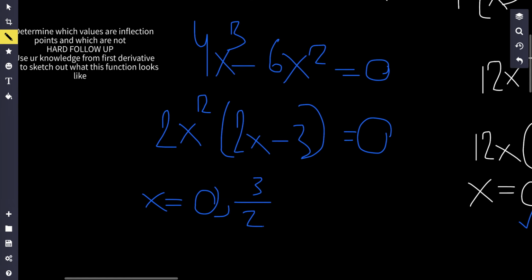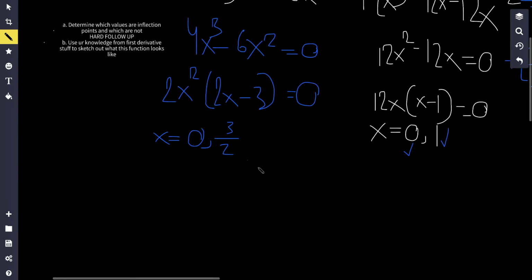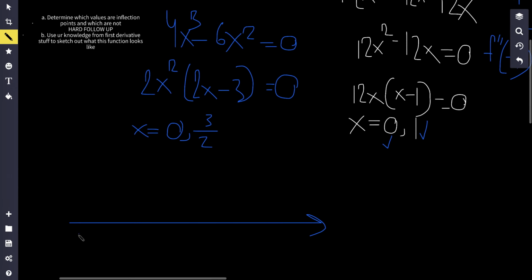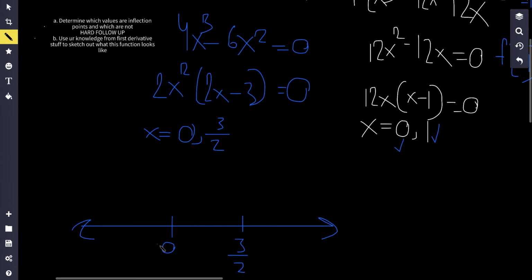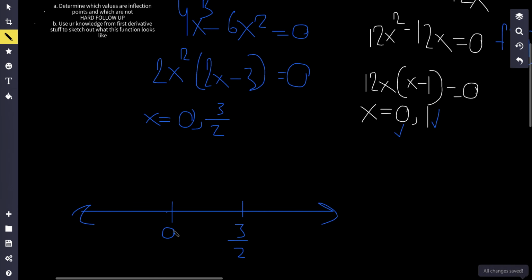Now, once again, we're going to test out if these points actually work. So we're going to do the same number line trick we did. 0, this is 3 over 2. Now, at x is equal to 0, notice how when we draw x is equal to 0 and x is equal to 3 over 2 on this number line,